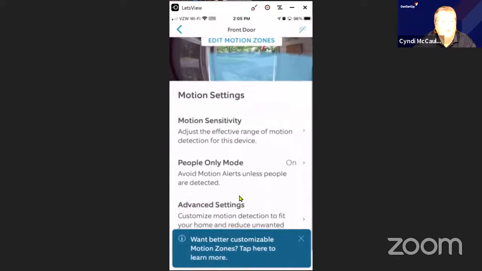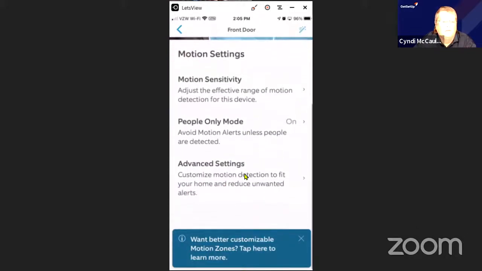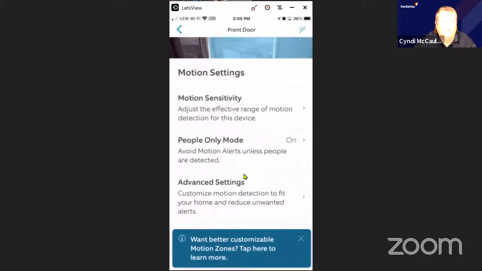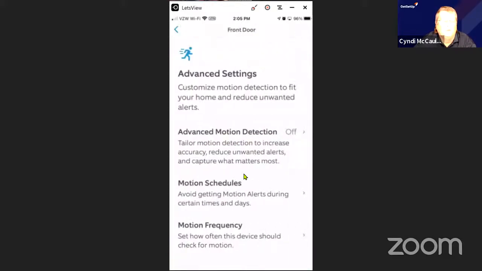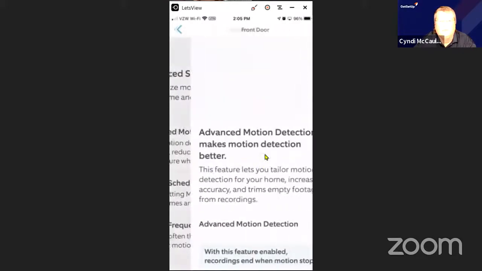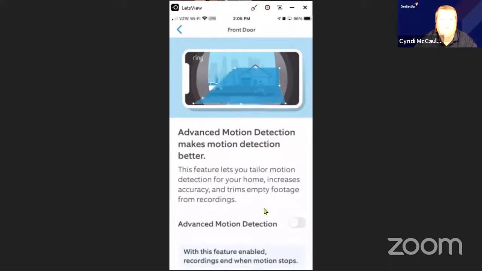You can adjust the motion sensitivity. They have something new called a people only mode, where it will only pick up motion if it senses a person. Then these advanced settings right here are where you would set your motion zones. You can schedule it so that if you don't want alerts during the night, you don't have to get them. Motion frequency, you can set how often you want it to go off. Motion detection, advanced motion detection right here. This is where you set it for